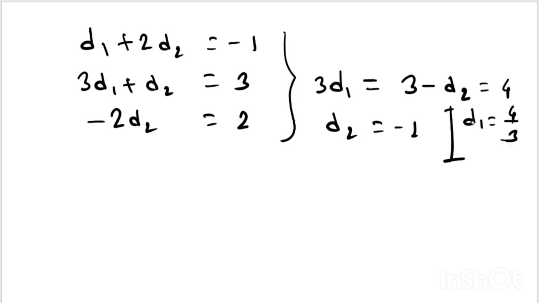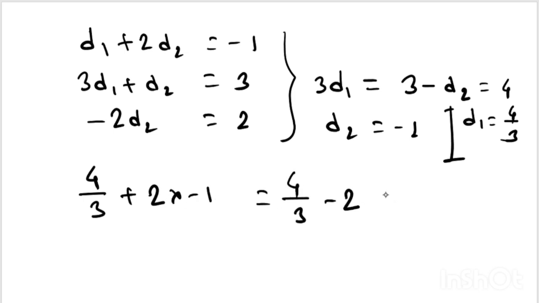But if we put the value of d1 and d2 in the first equation, it will be 4 by 3 plus 2 into -1, 4 by 3 minus 2, which is not equal to -1. That means the d1 and d2 values are not satisfying the first equation. So which means there exists no d1 and d2